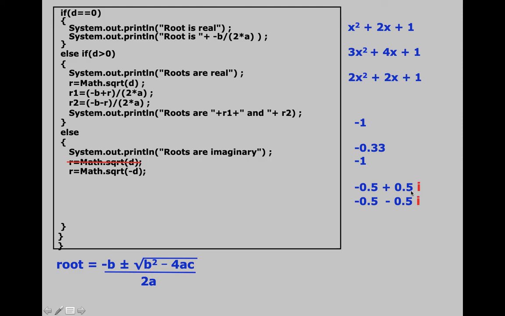Okay. Now see, you have two roots over here. In each of these two roots, what is the real part of the root? Well, the real part of the root is this part. See where I am encircling this part. All right. And it is minus 0.5. And what is the imaginary part of the root? The imaginary part is this part, 0.5. See where I am encircling.